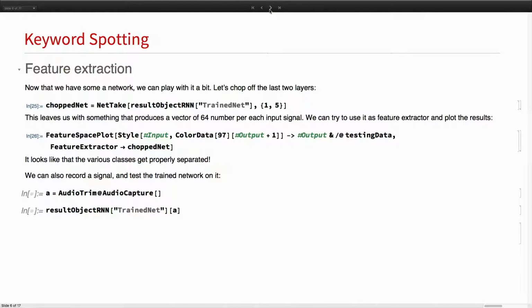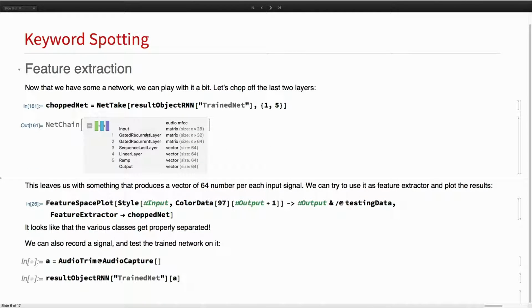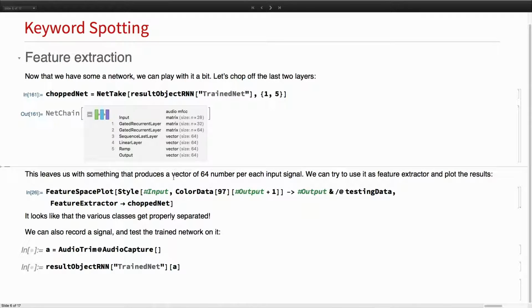One interesting thing that we could do is some feature extraction using this network. So instead of classifying, from an audio signal we want to extract a single vector that is semantically meaningful to what the input was. So what we do is we chop out some layers from our network that we originally defined and have trained. As you can see, I took out the last layers that did the classification. So this produces a vector of 64 elements, independent of the length of the input.